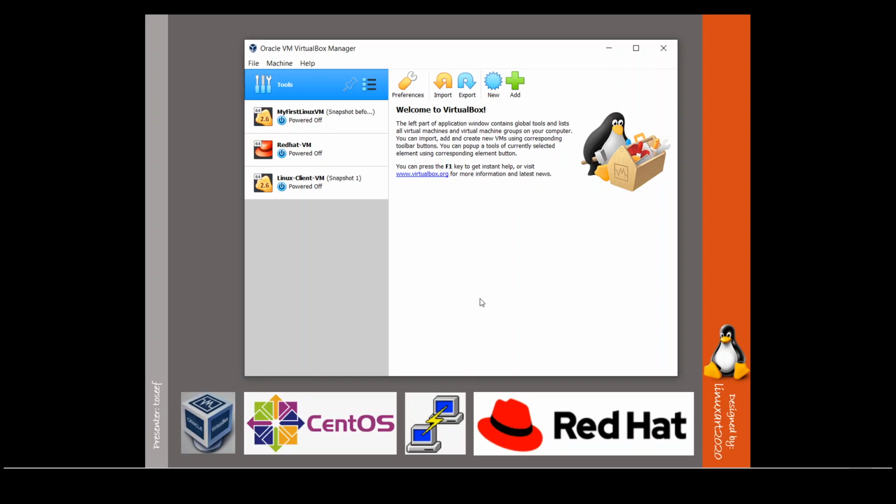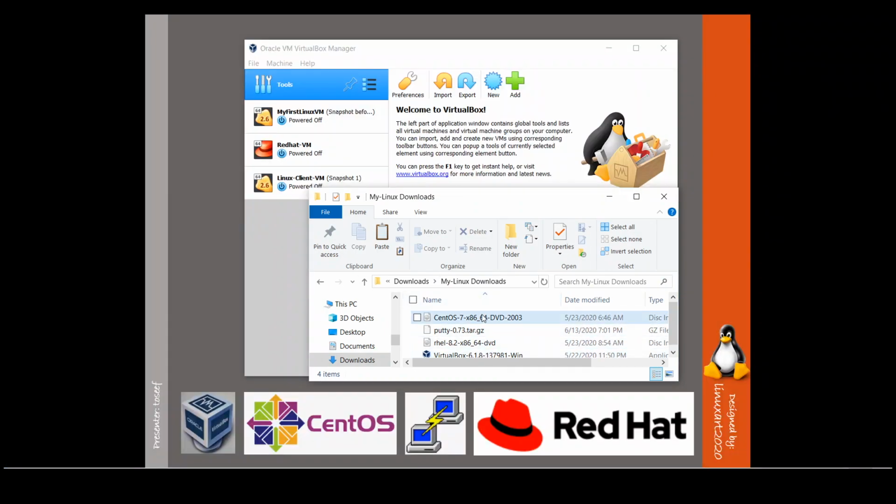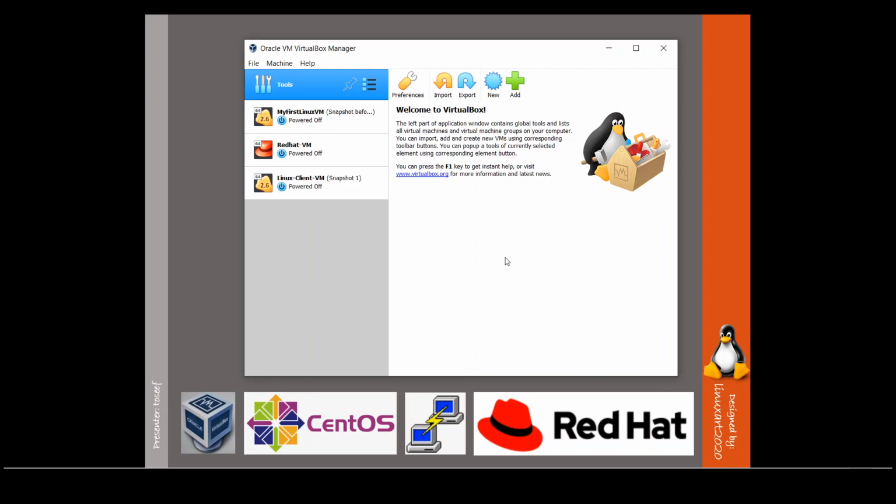All right, so first of all, as we know, we already downloaded our CentOS image in our download file. If I go to my downloads, right here, that file is there, CentOS. So first of all, let's create an empty virtual machine. Then we try to connect that image into the empty machine to do the installation. So basically, you just create an empty virtual machine that will be directly connected to your hardware, and then on the top you will install the operating system that we already downloaded. Okay, so the first step, you go to new,